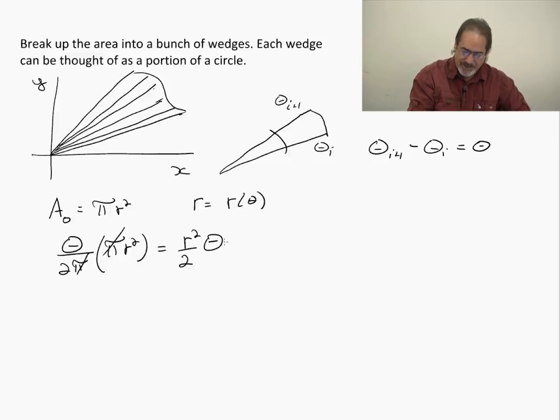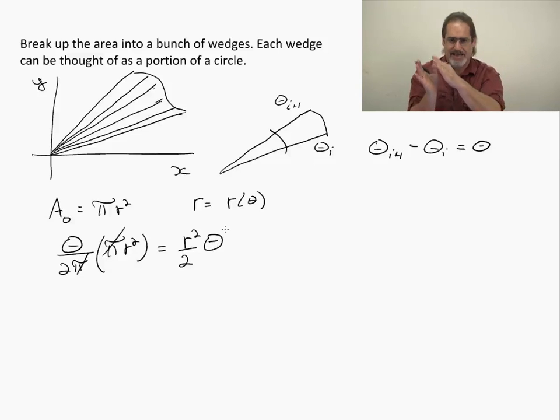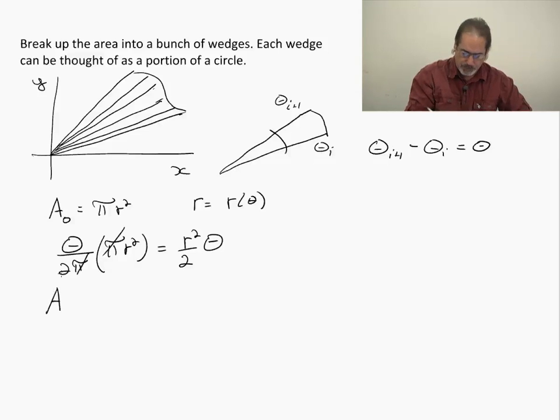Well, if I now think of this theta as delta theta, because I'm going to be adding up all these little wedges, I can say that the area for this polar curve between theta 1 and theta 2 is going to be approximately equal to the sum i equals 1 to n of, I'm going to pull the 1/2 out here, r of theta squared, because this is that function of theta that's going to be changing, times